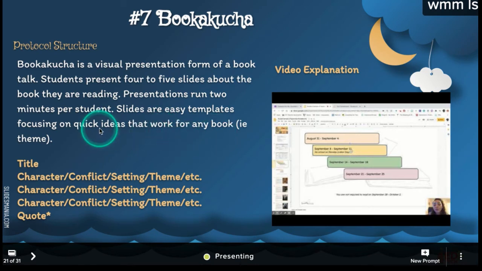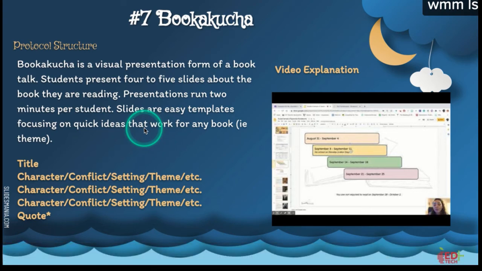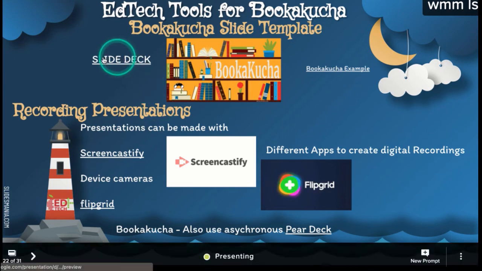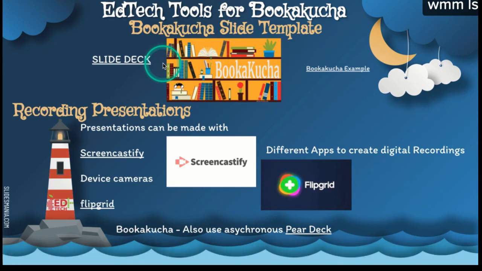So what I mean by that is something like a theme or conflict or setting or character, or looking at text features or nonfiction components. A lot of those Common Core standards work out really well for this format. So what students do is they're going to take this template here, and they have one idea on each different slide. The students are going to fill out those slides with information about their book,